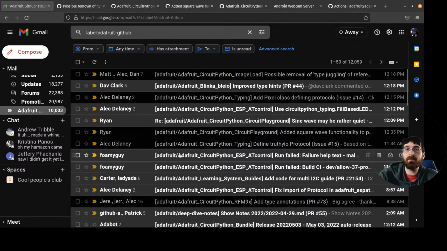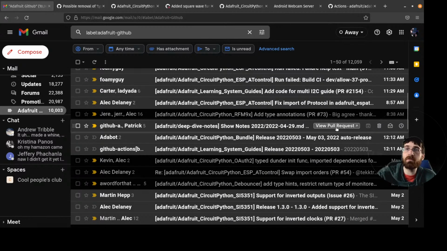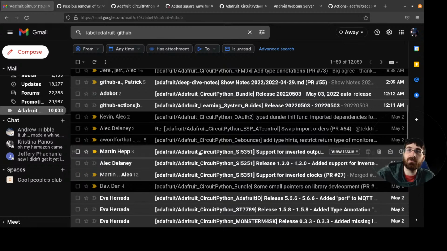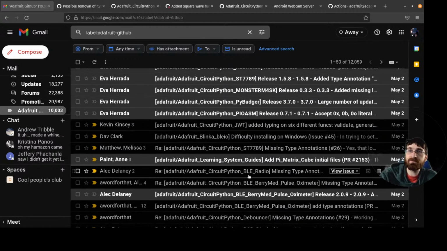And some of it, there's a lot of spam too, right? Like, build failed, right? There's really nothing I need to do. In this case, I actually noticed it before it failed and fixed it, but these get included, or new releases like this get included. So some of this stuff gets skipped. Like here's a whole chunk of releases.